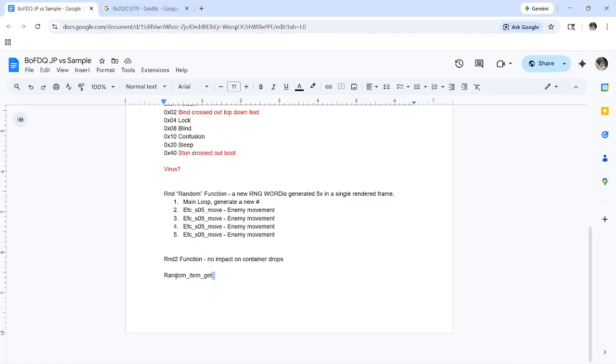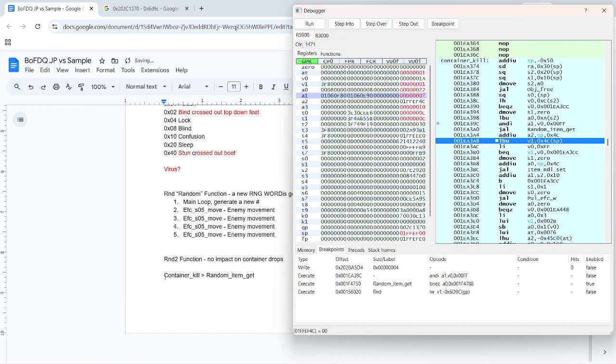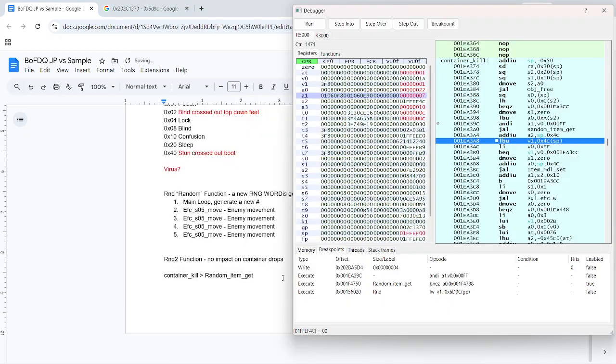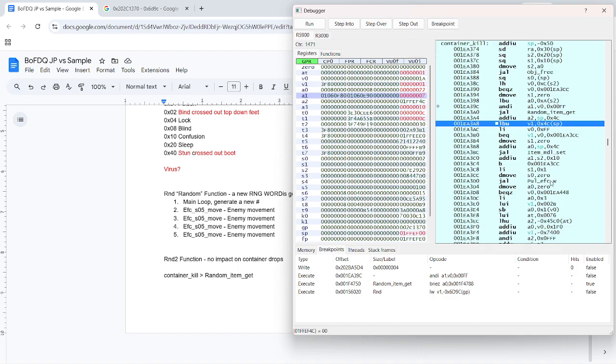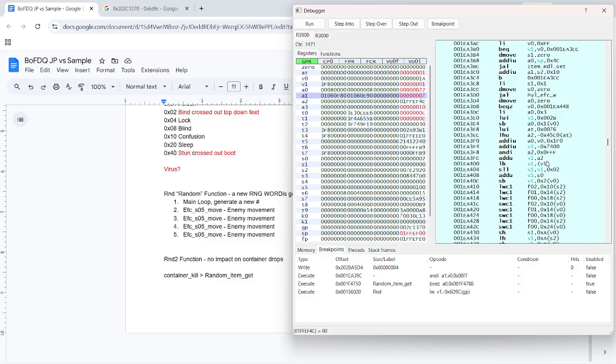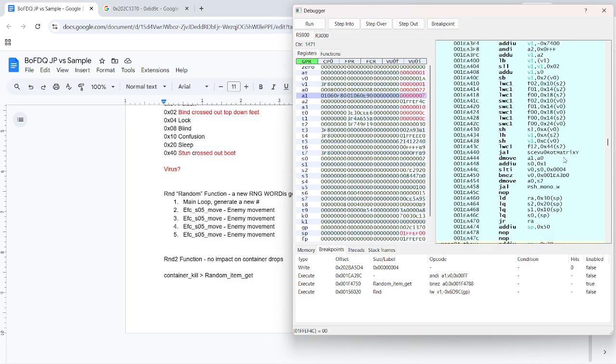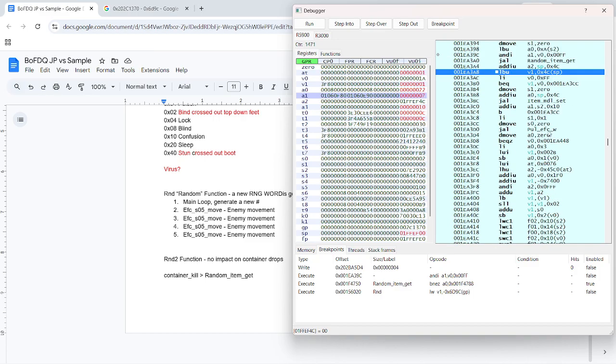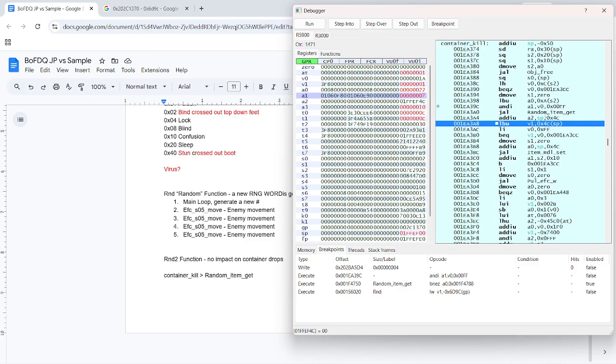So if we go over here, it's container kill, no capital, and then random item get, item model select, pole effect. That's like Nina's pole. The rotation matrix and how the object rotates. So it decides the object in this function. And then it immediately,